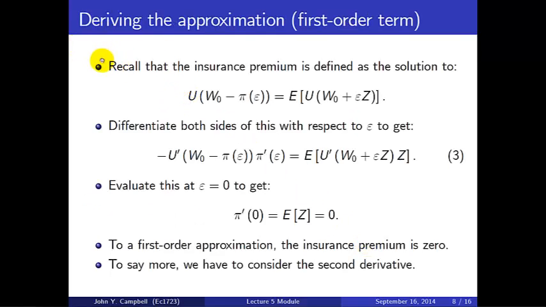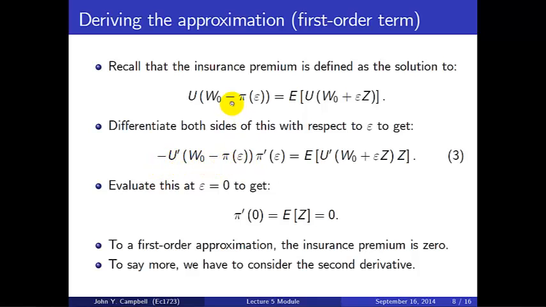Now, since this is an online lecture module rather than a live lecture, I can inflict the details on you. I'm going to show you first how to derive the first order term in the approximation, and then the second order term. So recall that the insurance premium is defined as the solution to this equation. We can differentiate both sides of this equation with respect to epsilon. And on the left, we're going to use the chain rule of calculus. We're going to get